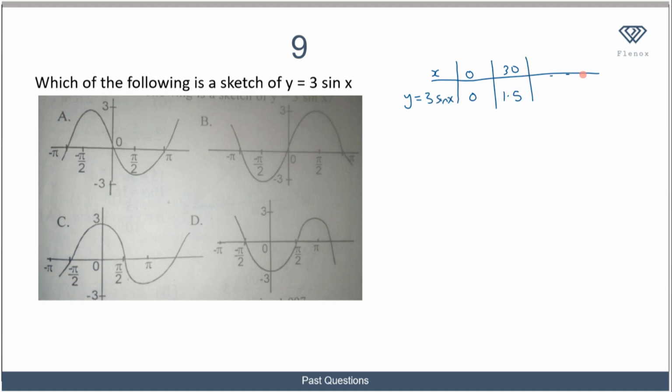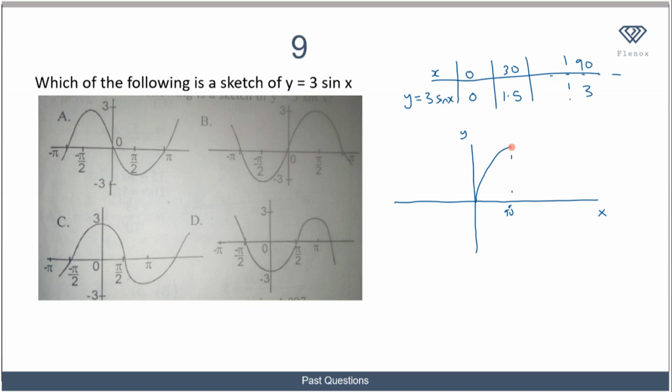Then you can fill in the table like that. And when we try to sketch this out, what do we have? When we get to 90, sine 90 is 1, then times 3 will give us 3. So for the first half, if you have your x value here and your y value here, you are going to start from 0, and it's going to get to the maximum value at 90 degrees, when x is 90 degrees,